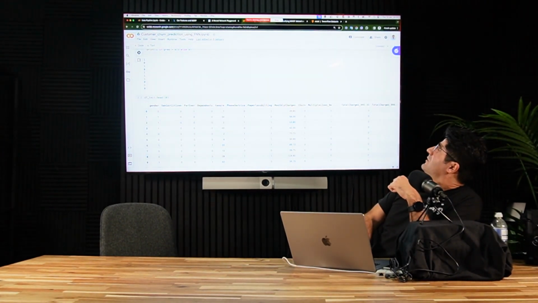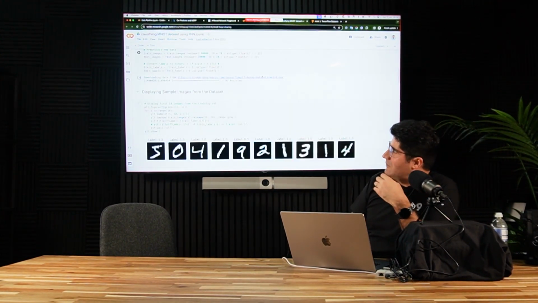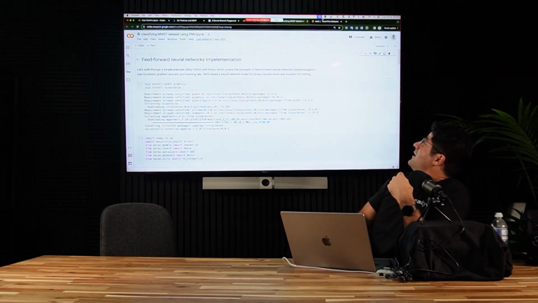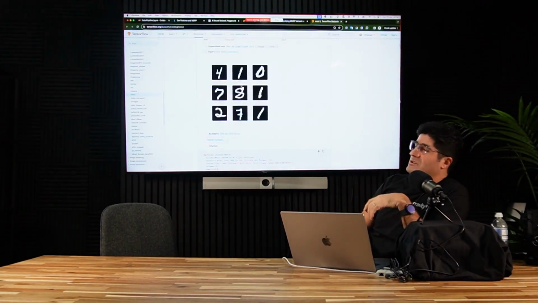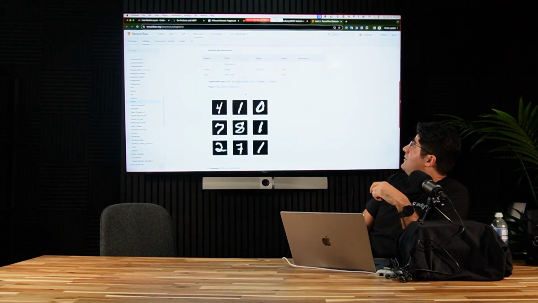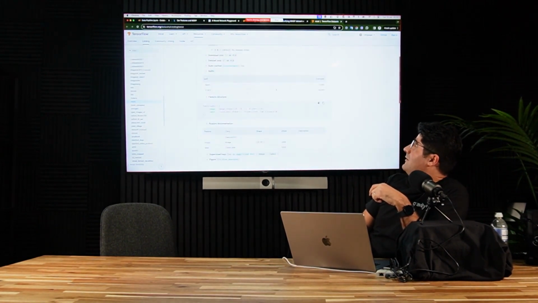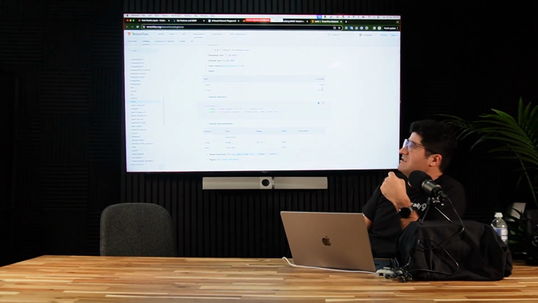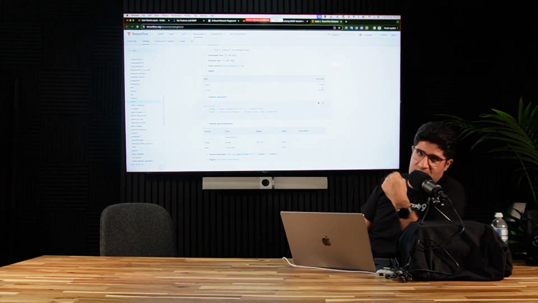The second example that we have is a little bit different, working with visual data. We have a data set of handwritten digits. We call it MNIST. MNIST is a data set of 60,000 images for training and 10,000 images for testing.